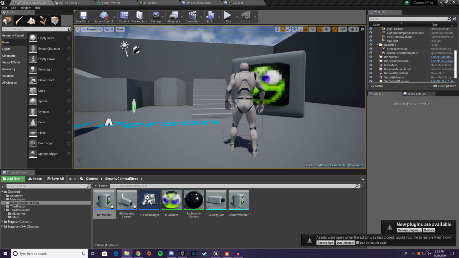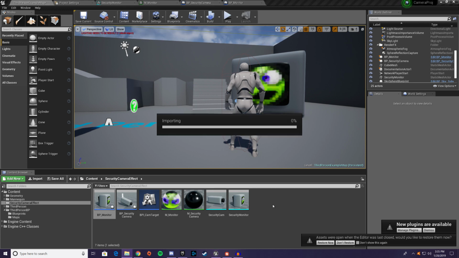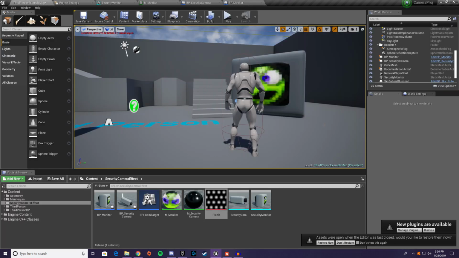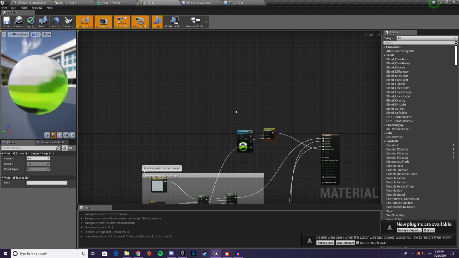So I'm going to import this now. Just drag and drop it, so you can see it's not taking up a lot of space. It doesn't look super great, but it doesn't need to because we're not going to see it that close up. It's going to be a bunch of these. So now to make our